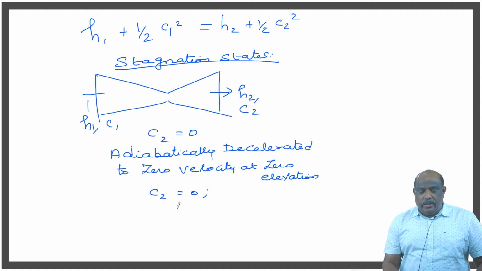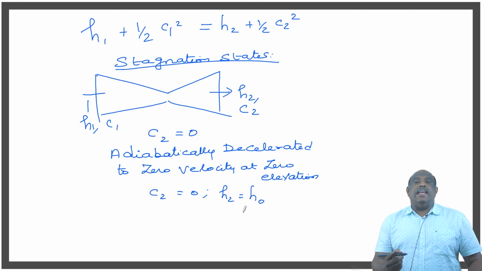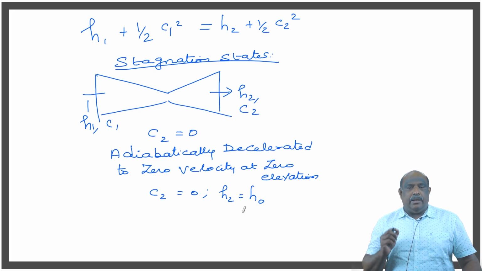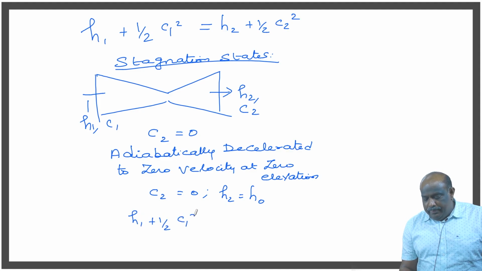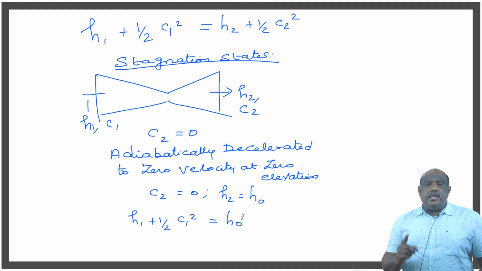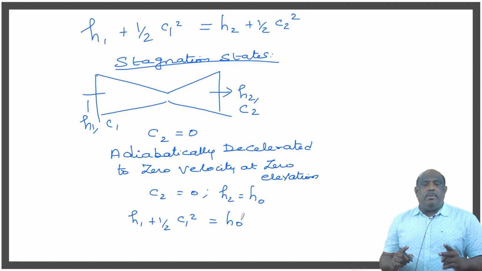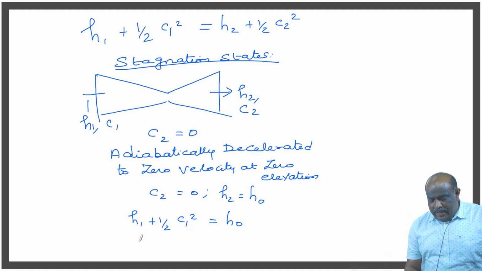And here we can call this H2 as H0. What does the naught indicate here? Stagnation. Here the naught indicates stagnation. So we can see that when C2 is brought to 0, H2 takes the form of H0, where H0 is called the stagnation enthalpy. Now we can see H1 plus half C1 squared equal to H0. Since there is only one state involved now, at state 1 only, H1 and C1, two variables but at one state only, it is enough to simply say H plus half C squared equal to